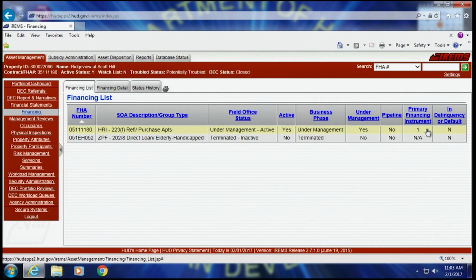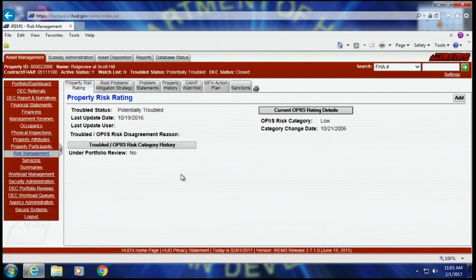So we mentioned earlier that we wanted to go over here and look at our risk management. The reason we look at the risk management is because we said earlier that you may or may not have to note issues that are on a property before it went to endorsement, or it may have a failing REAC inspection, in which case you want to make notations, or it had a disaster, which we talked about earlier.